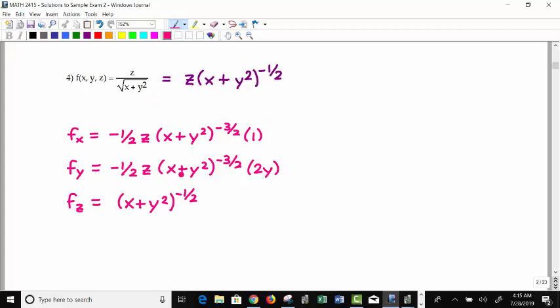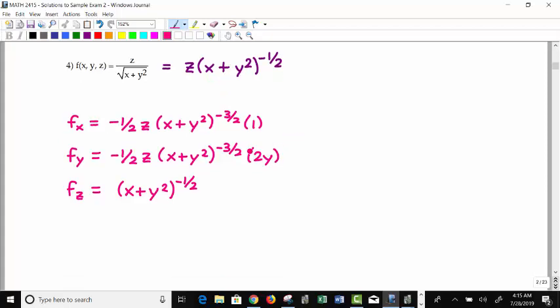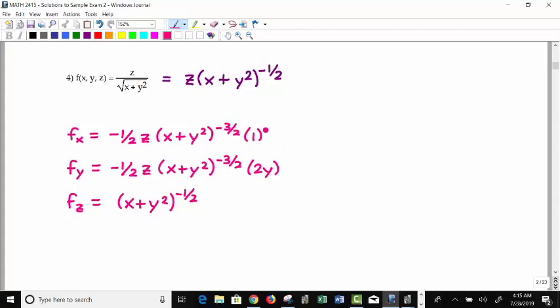Now the next one's very similar. The process is the same until you get to this last part. The derivative of the inside of the parentheses with respect to y would be 2y. Now that one I could have canceled the 2's out, obviously, but I just chose not to. And then the last one,